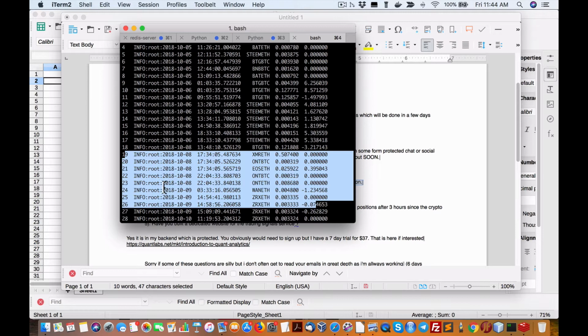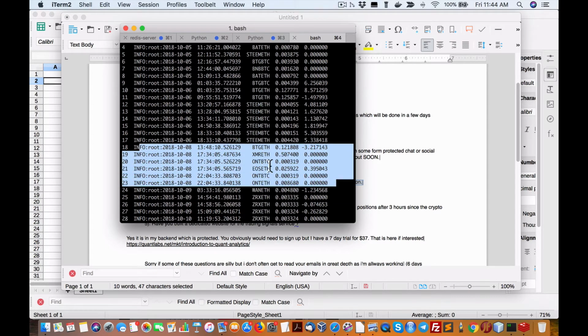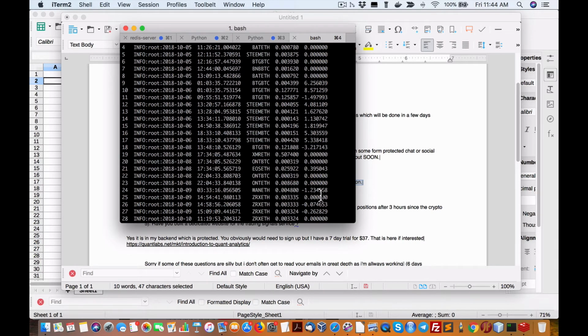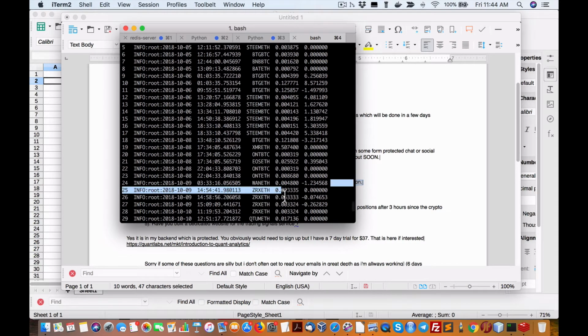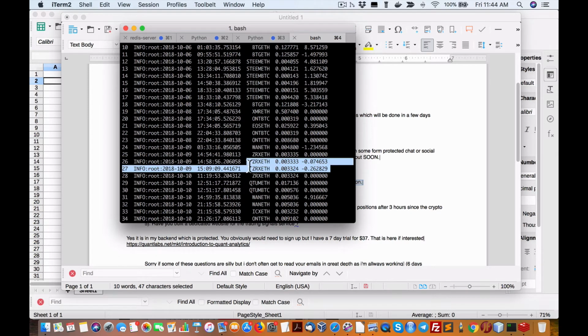So here we have on the 8th, 5 positions that were taken on, a little bit of profit on this one right here, but the other ones didn't make or lose. So I'm going to try to find ways to reduce those positions, but as I've said before in past videos, you do have to take on the risk to take on positions. Here's some losers. As I said before, these were bugs that I found that I could easily plug and minimize